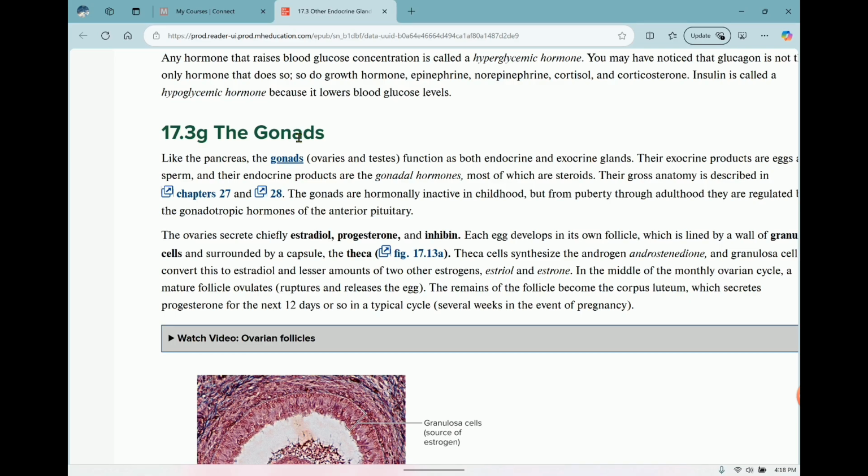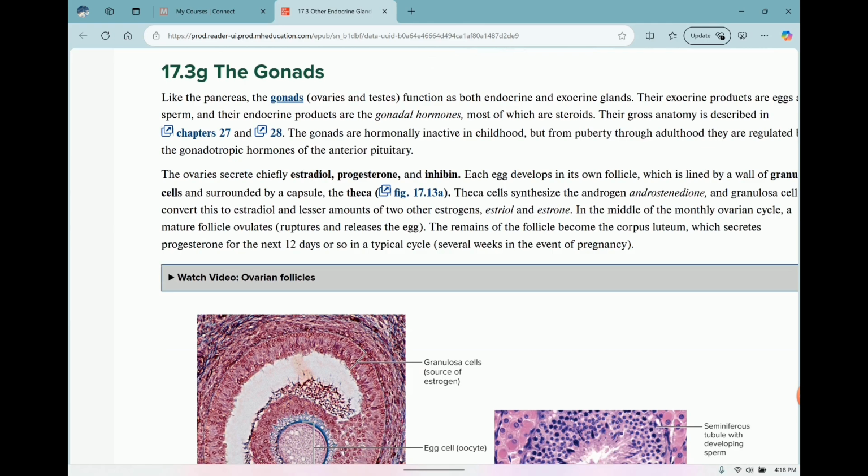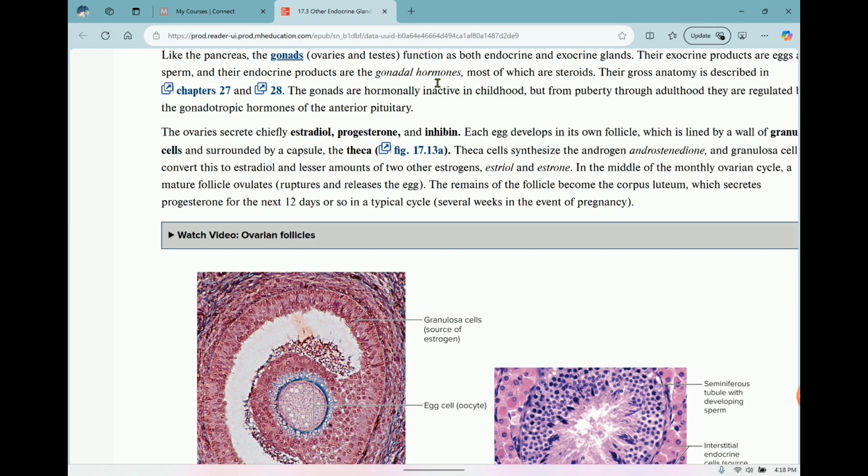Okay, the gonads in males are the testes, and in females are the ovaries. Both sexes have testosterone, estrogen, progesterone, and there's just more testosterone. Typically there's more testosterone in males, and females have more estrogen and